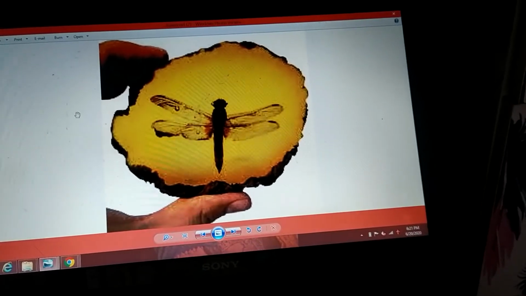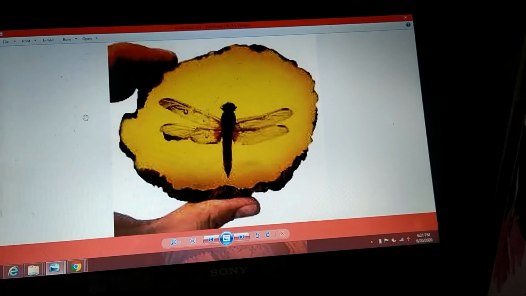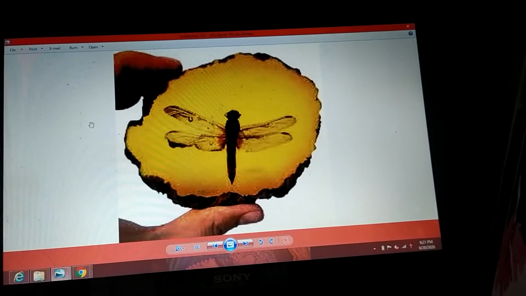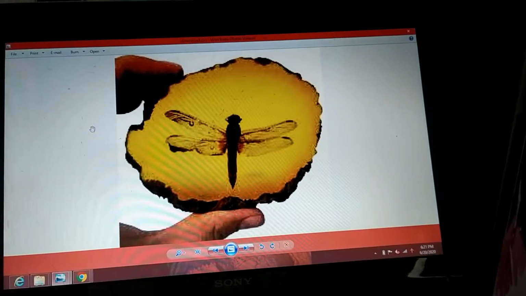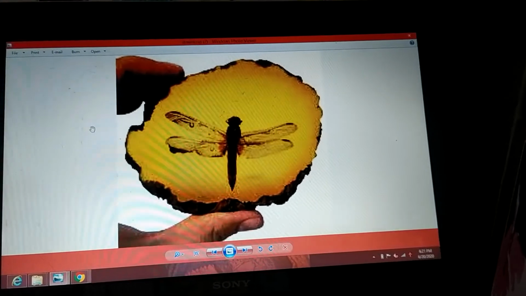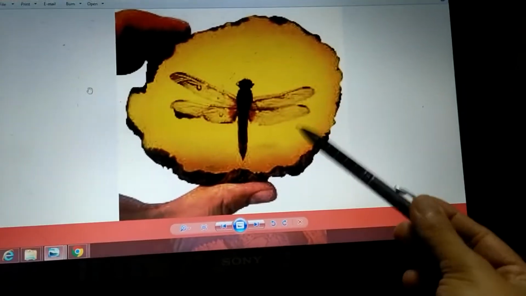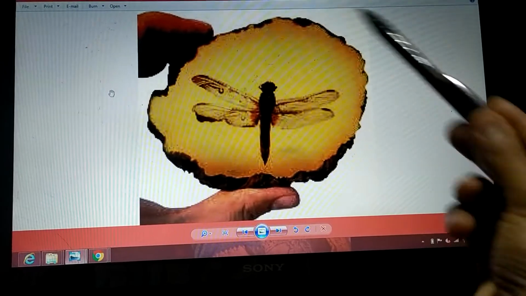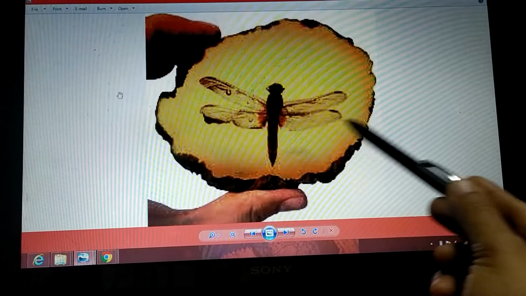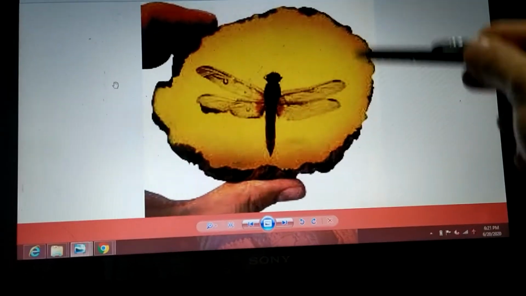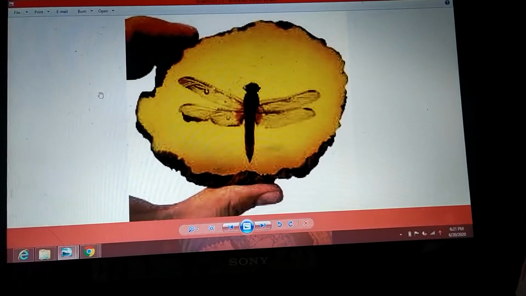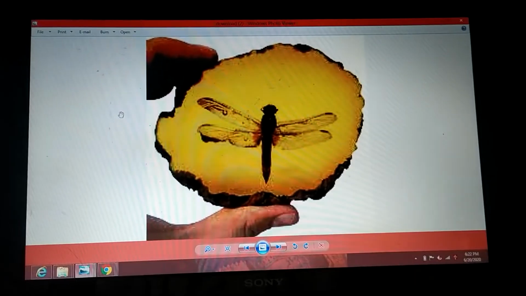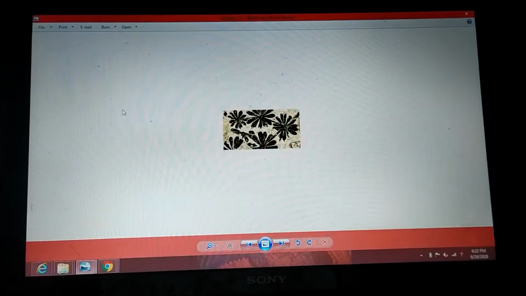Amber fossils. So what will be the definition for an amber fossil? Plants, flowers or insects are preserved in the resin or gum in their original state, and that resin or gum gets hardened. These are examples of fossil containing fossil. The amber itself is a fossil, and inside this fossil we have another fossil. The color varies from yellow to brown to black or intermediate. It has an ornamental demand.